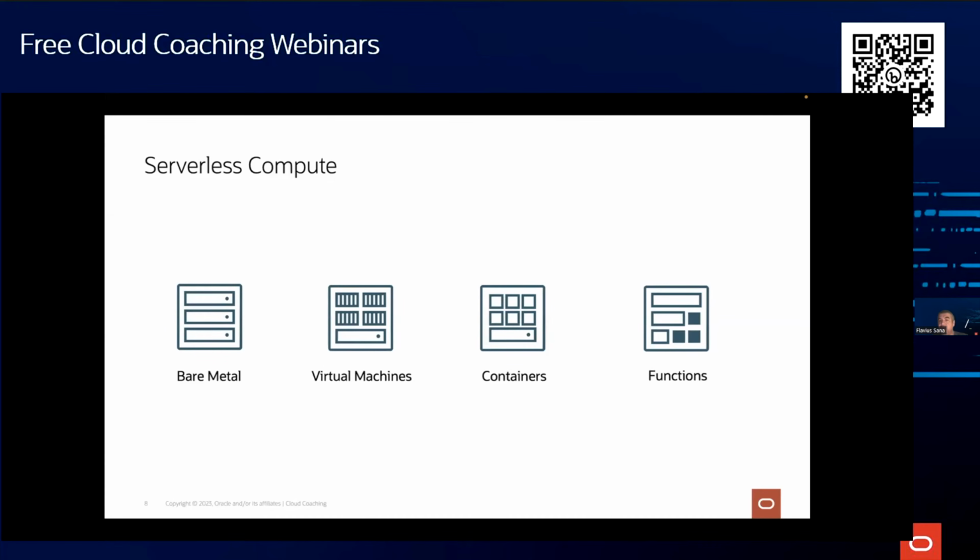So there is Docker Swarm, there is Kubernetes, and you can use those to orchestrate those containers, control the life cycle of containers. The third option, and the easiest one, is using functions, and you don't have to deal with containers, you don't have to deal with virtual machines, you don't have to deal with the configuration of the operating system. You are just executing the code in